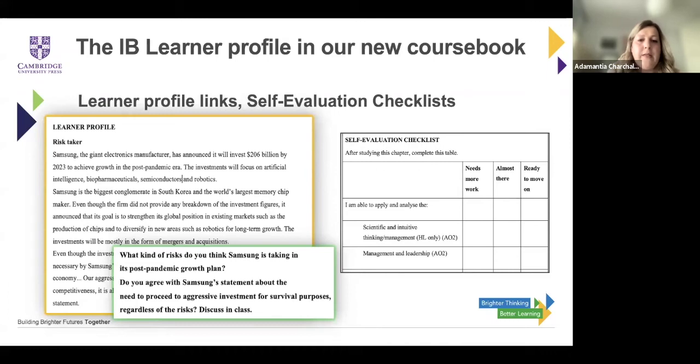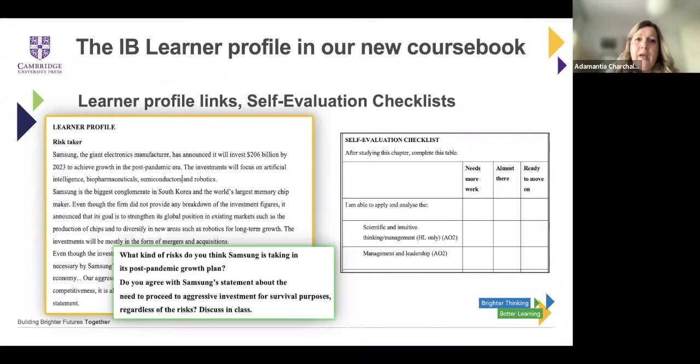And after this stimulus material is provided, we have questions that will help students to reflect about the risk-taking attribute, in this example, its significance, and they are there for interesting class discussion.